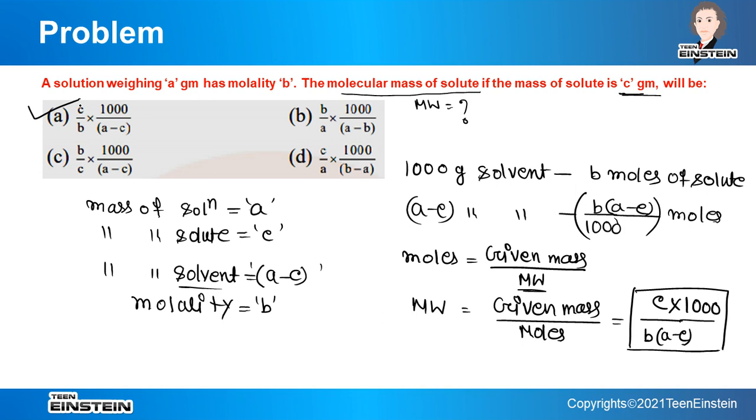So in this way we can find out the molecular mass of the solute. Suppose the question may be given in another way. Suppose the molecular mass is given, that is the answer that we have calculated here finally, and some other expression you have to find out, that may also be a possibility. Okay, but if you know the definition of molality, and the relationship between moles, given mass and molecular weight, this is not a very difficult problem. Okay,